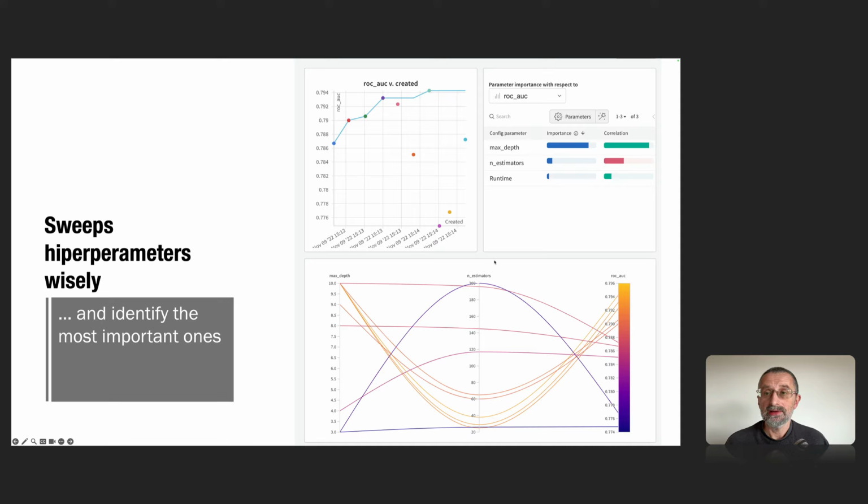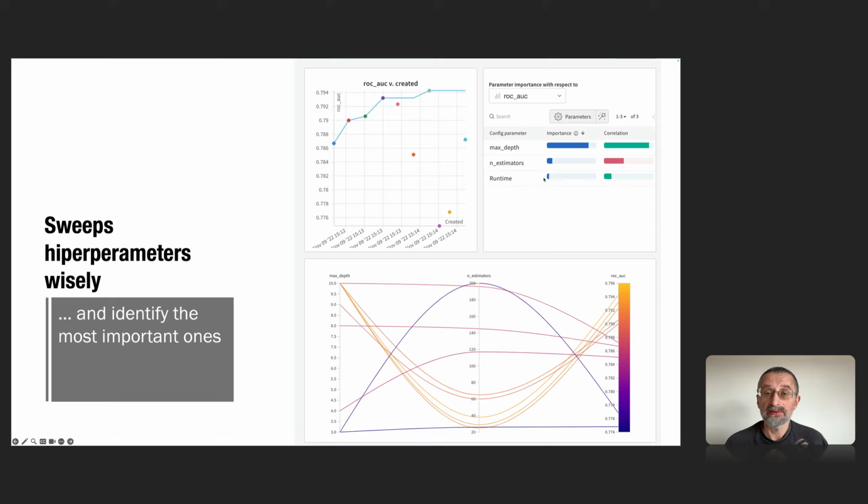After many runs, I can see that max depth is much more important for this tuning of the hyperparameters than the number of estimators. So these are the lessons learned for you. For example, for your next project, you rather play with the max depth parameter, not the number of estimators,